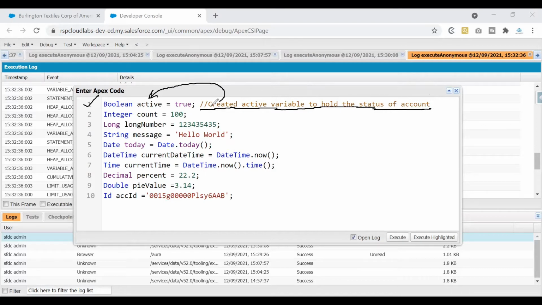So if you see here, this line that I've added is giving us an understanding of why this variable is being used. When you look at Apex code, there would be so many lines of code already there. There could be 100 lines of code. In case you are looking at a specific line, or looking for a specific functionality, it is hard to find. So which concept would help us find the exact functionality that you're looking for? Comments would help us out there.